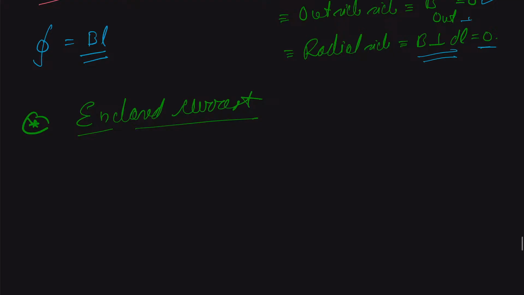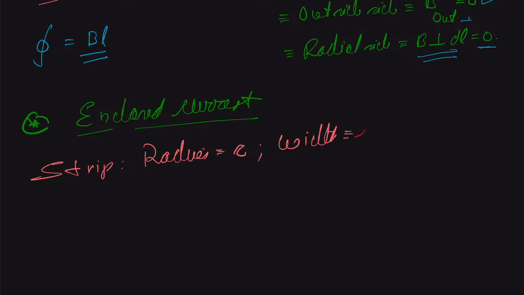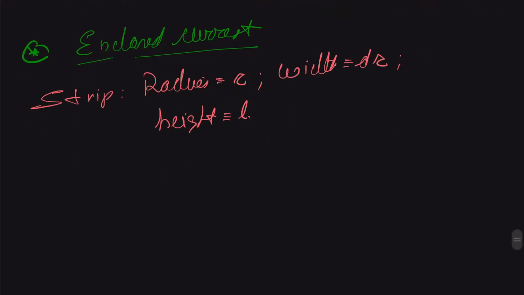For that we consider a strip whose radius is small r, the width is dr, and its height is L. Therefore, we can say the current through the strip